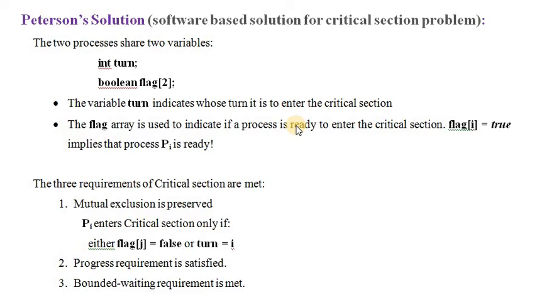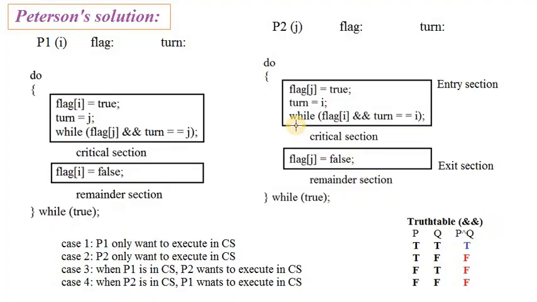So let us go with our Peterson solution here, right? In this Peterson solution, we will have a code like this. This is an algorithm here. In this algorithm, our critical section is there, and before this critical section, some set of code is there, and after the critical section, some other set of code is there, and after that the remainder section will be there. So you already know what the critical section is. Critical section is nothing but the common section of code in both the programs.